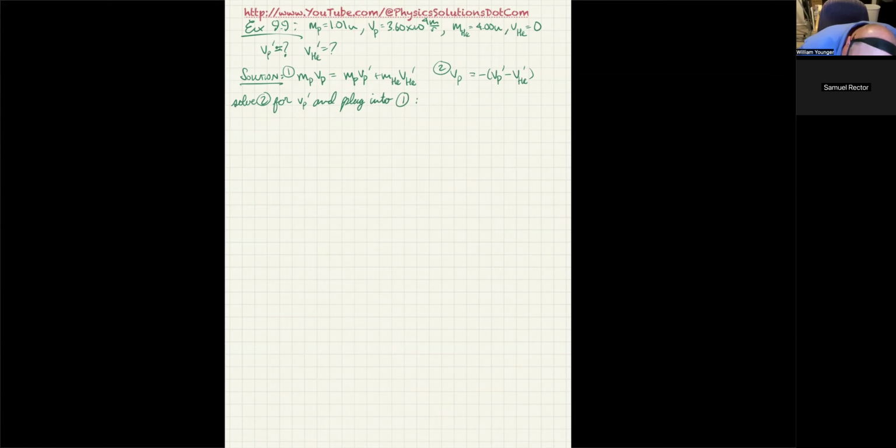So VP equals negative VP prime plus V helium prime. That tells us that VP prime is going to equal V helium prime minus VP. So we have that, and now we can plug that. I'll call that equation 2 prime. So plugging 2 prime into 1,